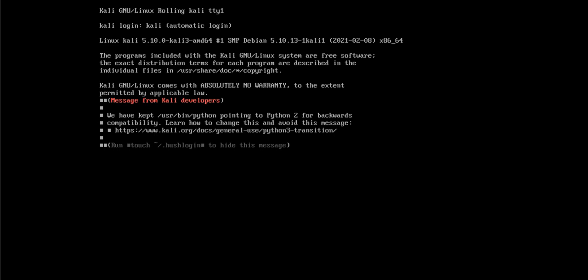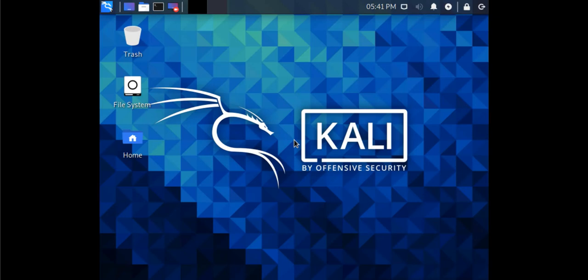And it will start in graphical mode. Okay, my machine is getting hung. Okay, now it is started. And now you can see this is the desktop of Kali Linux.